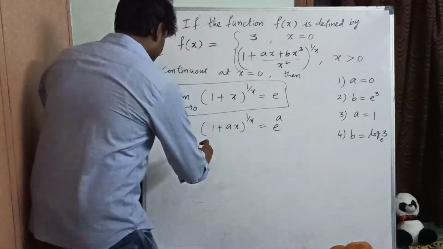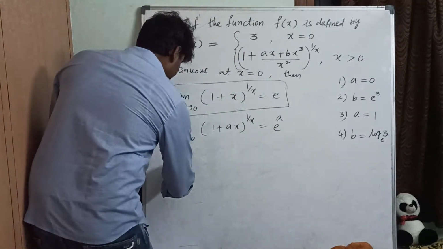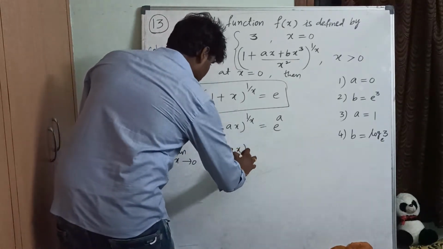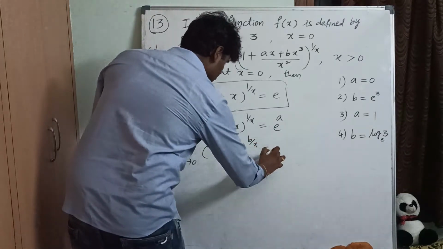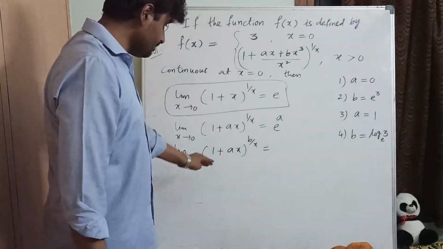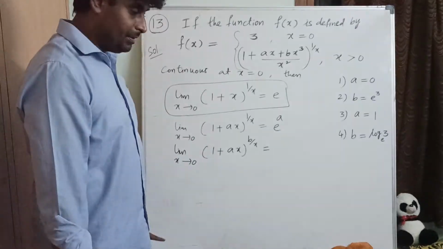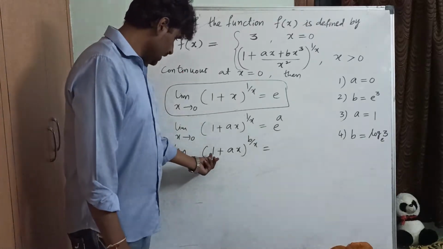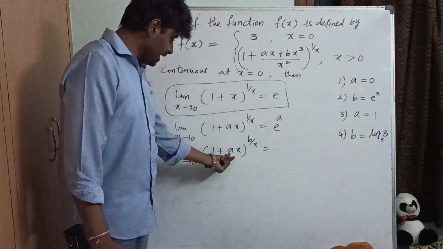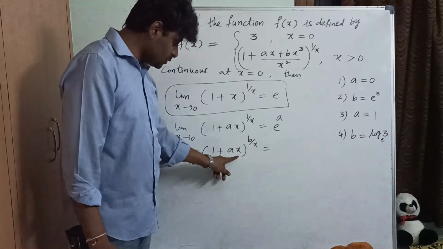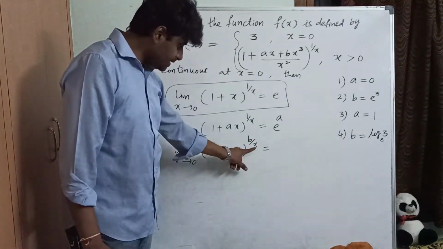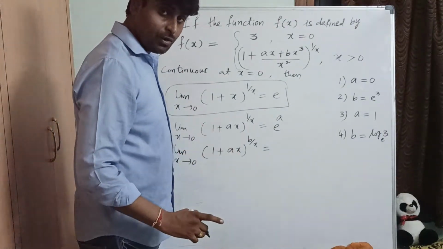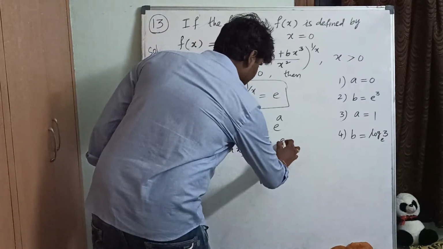And one more formula I am going to write, one more application of the same formula. Limit x tends to 0, 1 plus ax whole power b by x. So what is the result for this? Sometimes it may be asked directly in a basic MCQ exam like MHT CET, mains, right? So limit x tends to 0, 1 plus ax whole power b by x. What is the x coefficient here? a. What is the 1 by x coefficient? b. So we need to multiply both and write it on the power of e. So e power ab.